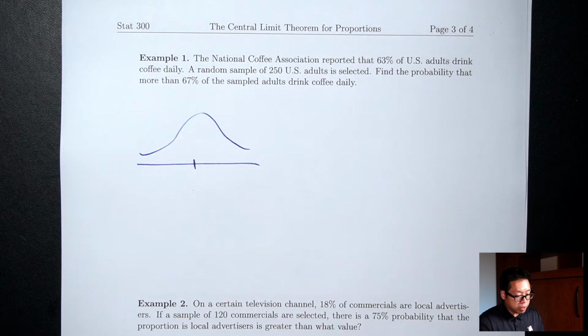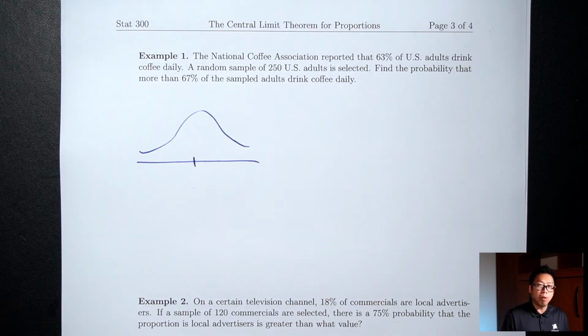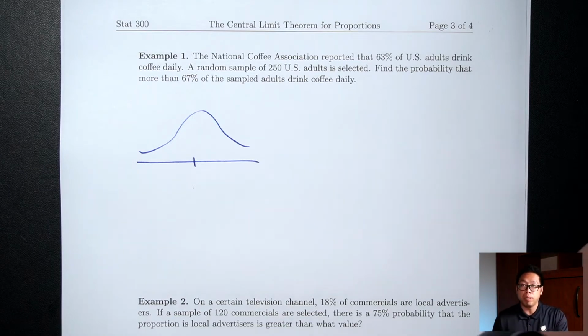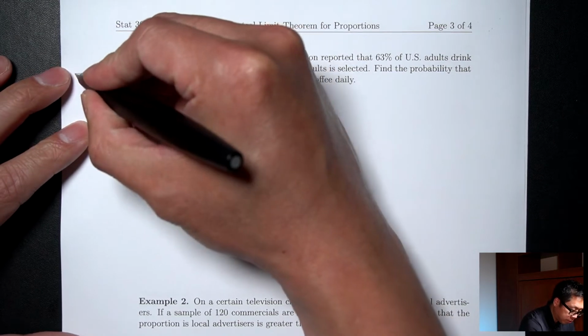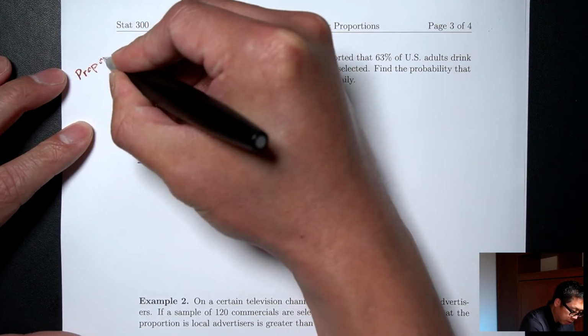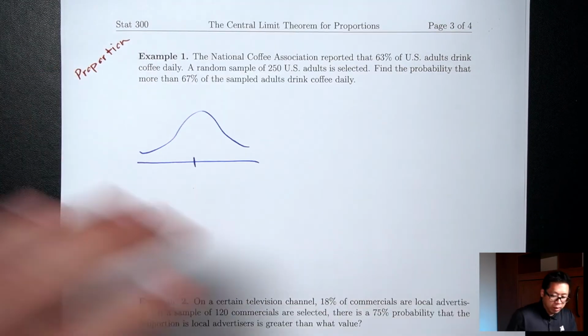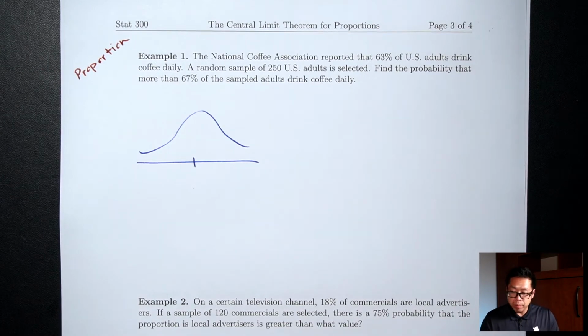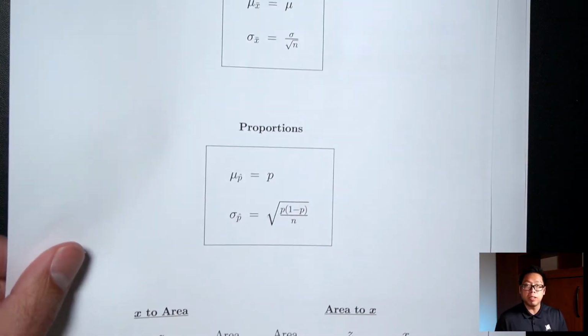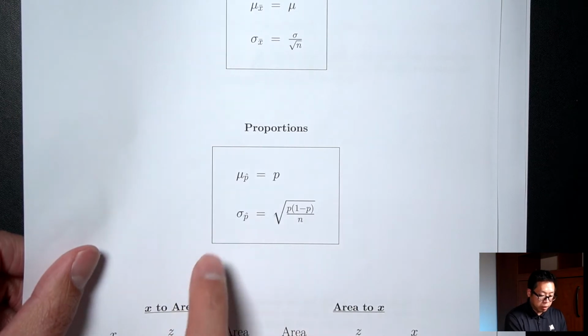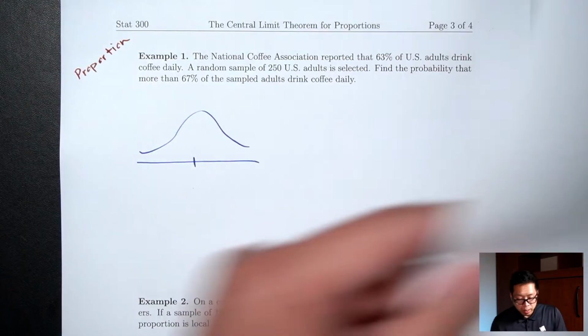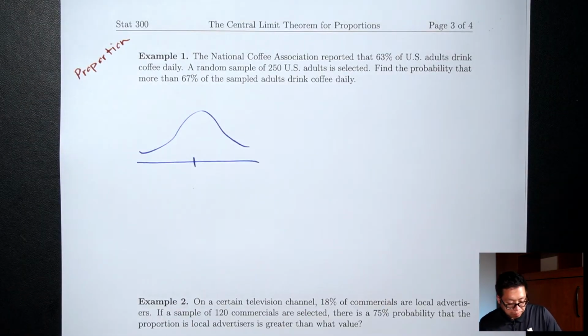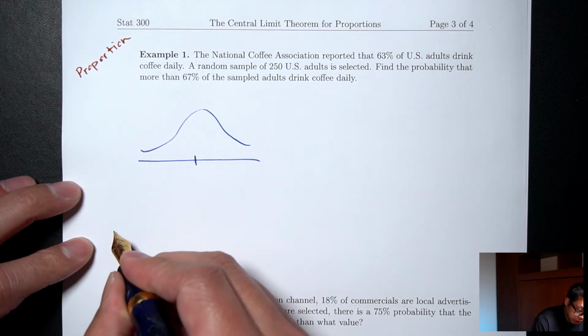So when we look at this question again, we don't see the word mean or standard deviation anywhere in the question. So this is going to be a proportion question. And because it's a proportion question, the proportion box will tell us what we need to use for the mean and what we need to use for the standard deviation. So let's write that down. So the mean we need to use is going to be